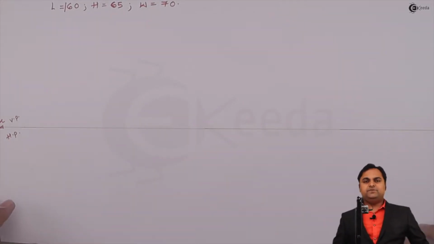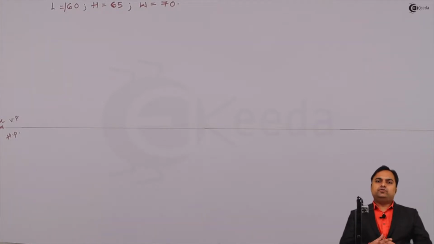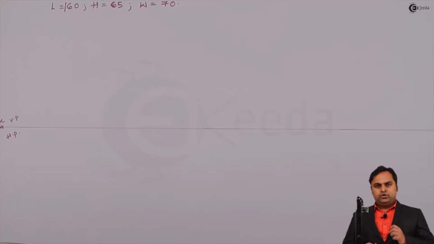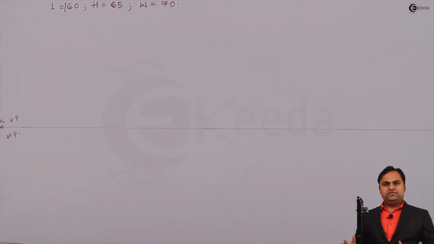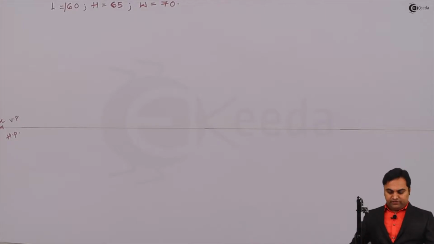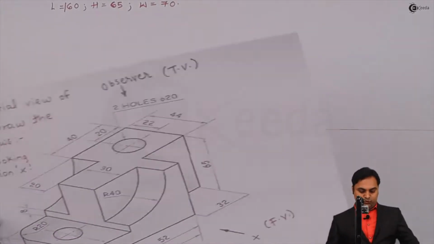XY line, then VP HP. Since none of the methods is mentioned here, that is, either we should use the first angle method of projection or the third angle method of projection. So I'll be using here the first angle method of projection, because if nothing is specified, we can always go for the first angle method. And in that method, the front view will be in VP, the top view will be in HP. So here,